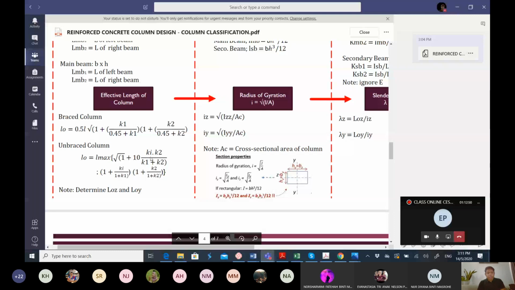This is the formula to calculate the braced column, and then for the unbraced, you have to compare between these two values, and then you will get the maximum. And then the radius of gyration. So IZZ is from the previous value. AC is actually the